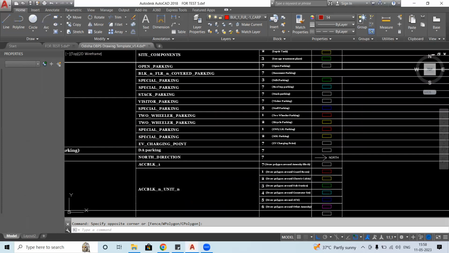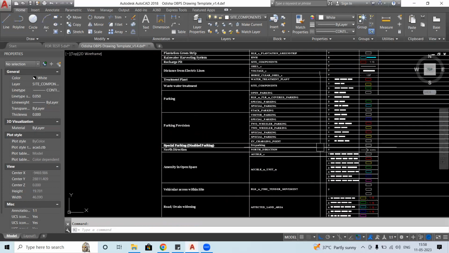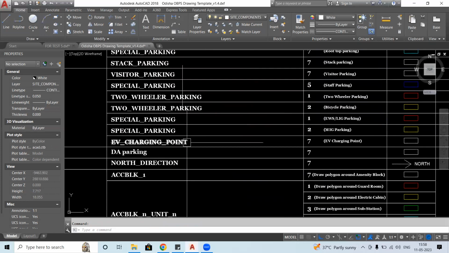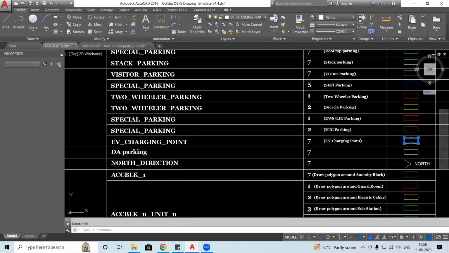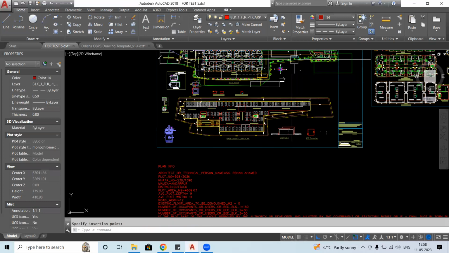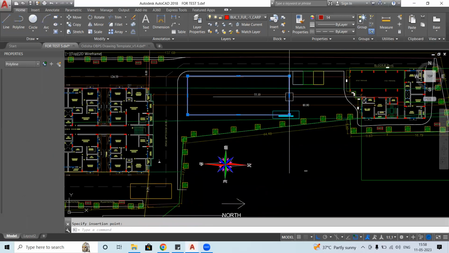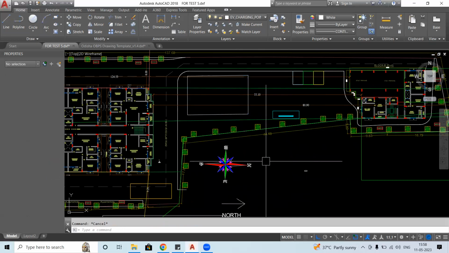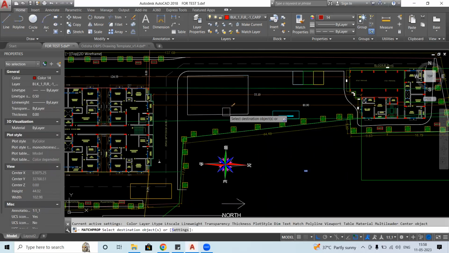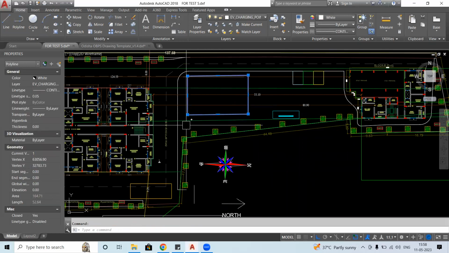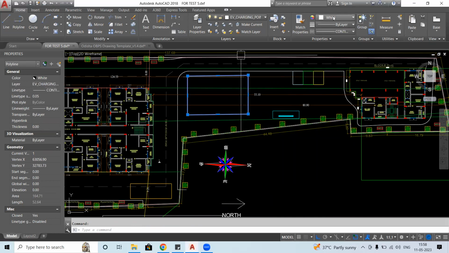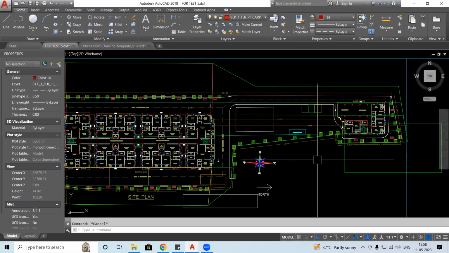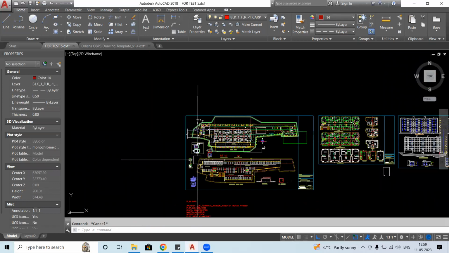For that, I'll just go to my drawing template, and there under the parking provisions, you can find the EV charging point layer with the color code 7. I'll just copy it, take it to my drawing. I have identified this place to put it as my EV charging point. I'll just use match properties, and this polygon now represents my EV charging point. You can see here that the layer name is EV charging point and the color code is according to the drawing template. So once I do a quick scrutiny of this,